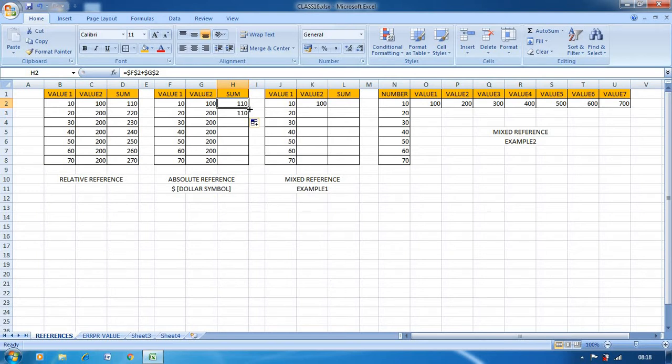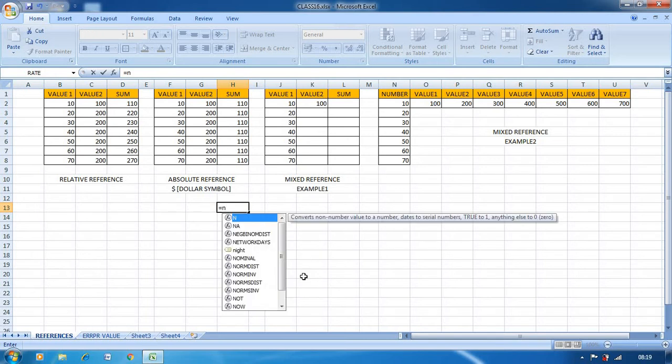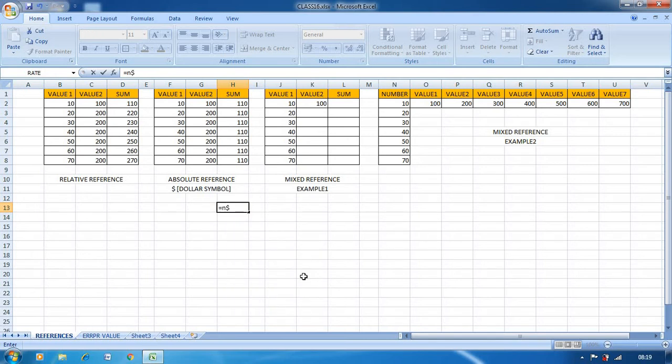Now if I drag downside, what happens? You can easily see it becomes 110 only. Or instead of that formula, what you can write is, if I drag downside, what happens? Row number will change, column name remains same. So I won't use dollar symbol for column name. I will fix only the row number plus here G dollar. So it becomes also 110.